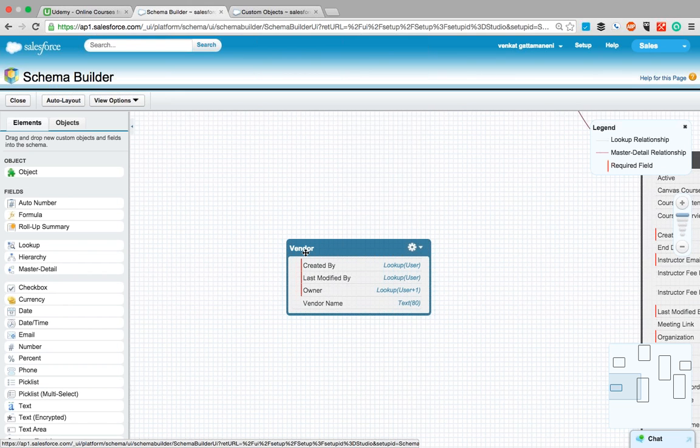Now, if you want to store one more piece of information, like who is a vendor? Vendor is a company. In terms of consulting, consultancies work with vendors. Vendors directly work with the customers. If you want to track all the vendors of your company in this system, yes, I can do that. So I'm pulling down some more information,